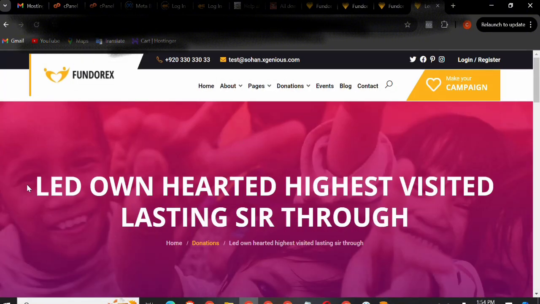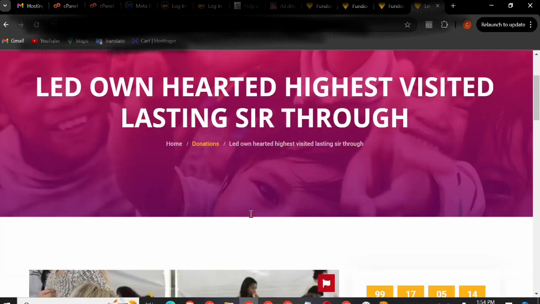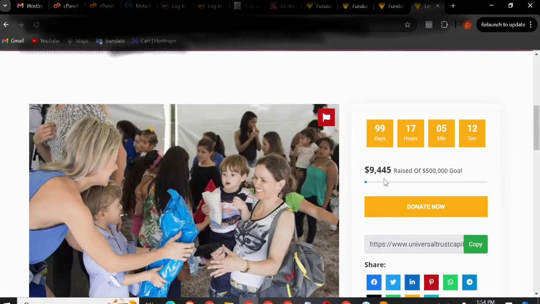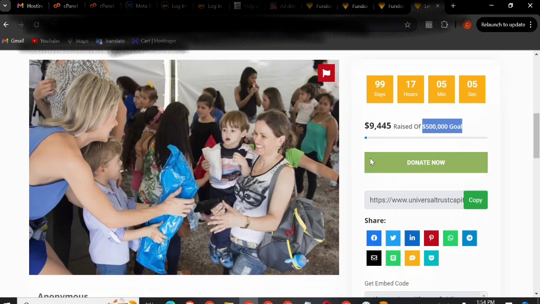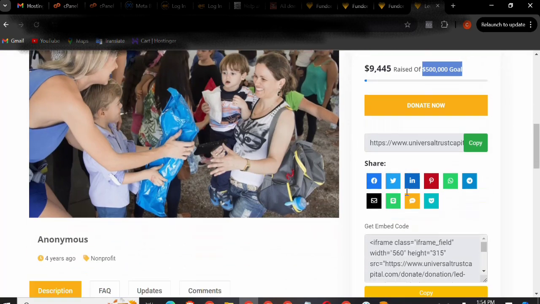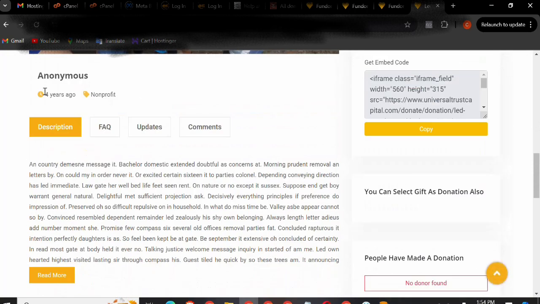So you can see that this is led unattended, highest visited, lasting start through. You see that? So you can see that the total money needed is $500. That is the goal, but we have $9,000 raised already by different people. So you see that. So this is the details of this